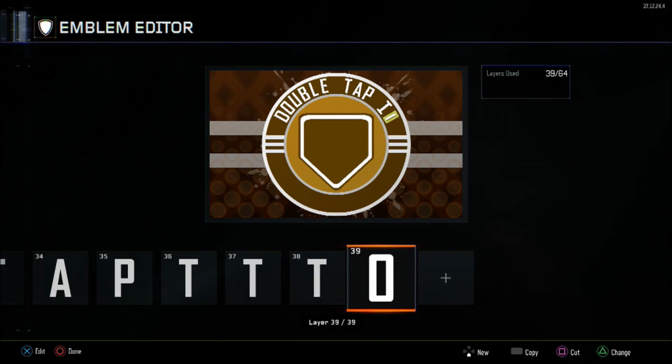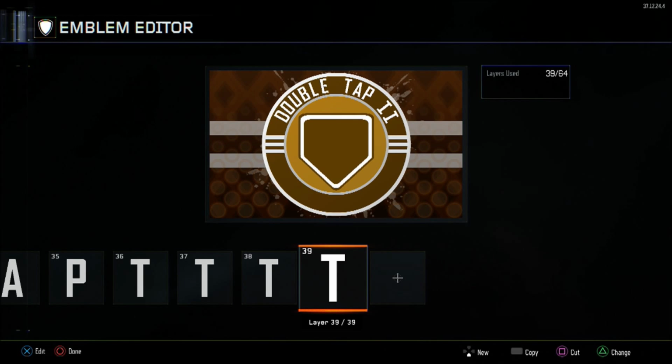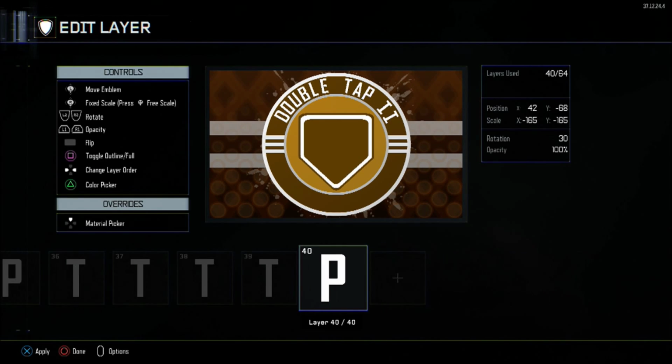And you're going to copy this and you're going to paste it over. And what you're going to do is change the colour to 110776. But you're going to change the scale on X and Y to 190. Then afterwards, you're going to copy those two, or the white star, and you're going to copy it over to